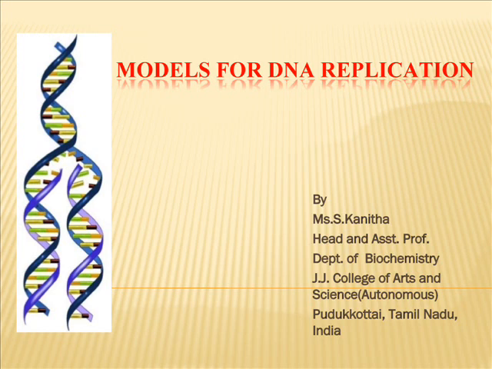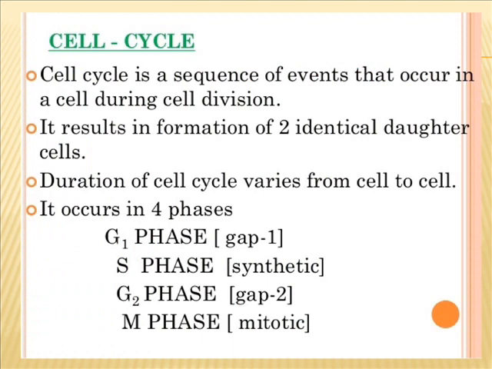In this video, I am going to brief you about the various models for the DNA replication. Before getting into the exact topic, let me explain you about the cell cycle. The cell cycle is a sequence of events that occur in a cell during cell division. It results in the formation of two identical daughter cells, and the duration of the cell cycle varies from cell